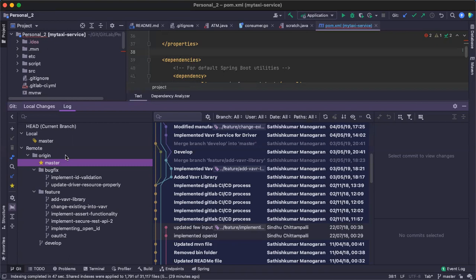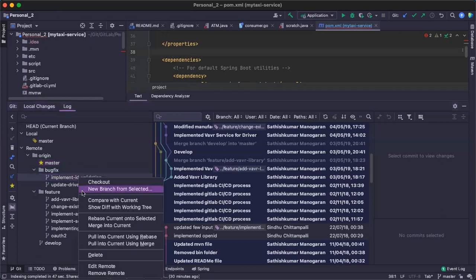If new changes are present, it will pull the changes and show it in your toolbox, like new changes present, 300 commits present. Do you want to pull that commit into your current project, current branch or not? This one also will do pretty much the same. If I want to raise a merge request, I can do that too, merge into current, and if you want to do a code review, that is also possible here.